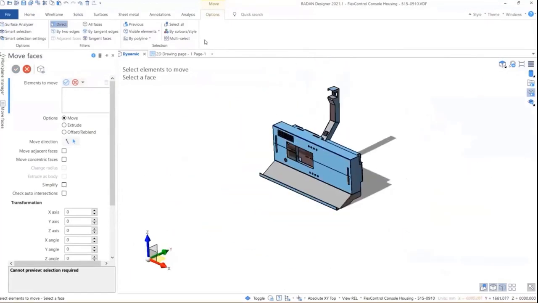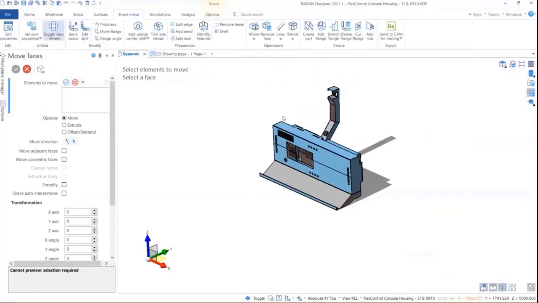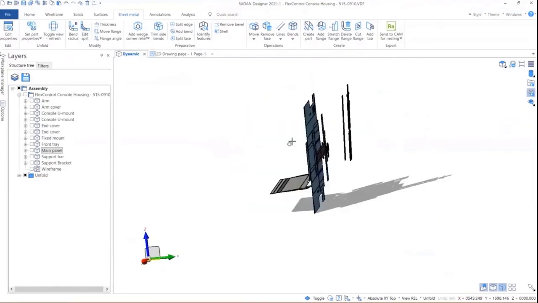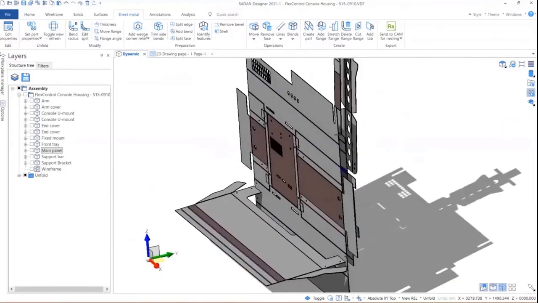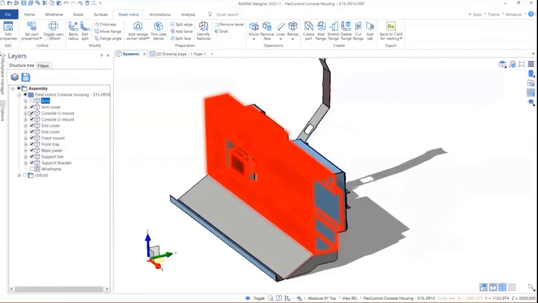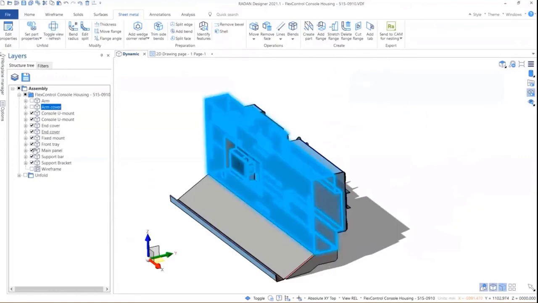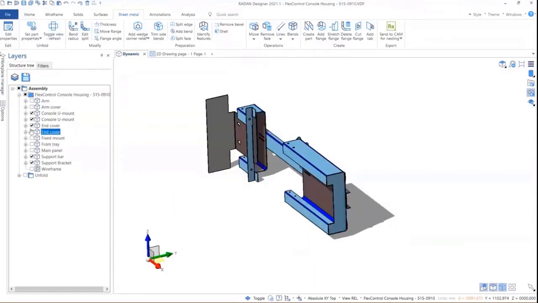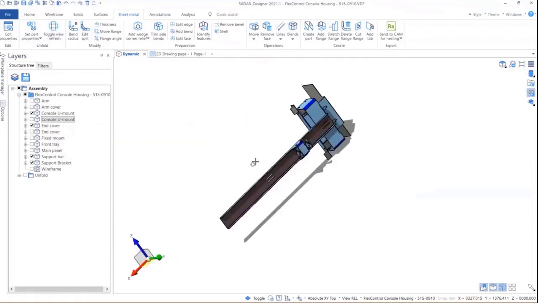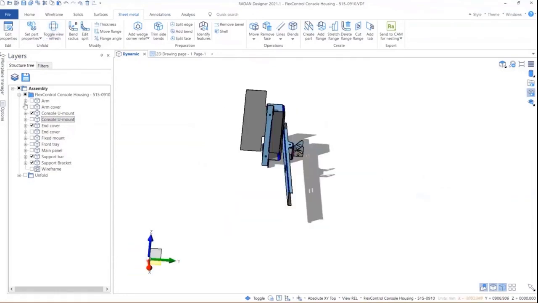and I've made that entire assembly longer. If I then come in here and say that I want to unfold those items, I can simply unfold all of the sheet metal items in one hit. So that's all of my developed blanks in 3D. Obviously a little bit difficult to see what's going on. So what you could do is you could simply switch off some of these elements, and then we could unfold just the ones that we're interested in. And then we could do a sheet metal unfold on those. In fact, we're going to see all of them anyway. Again, if I put all of these back on,